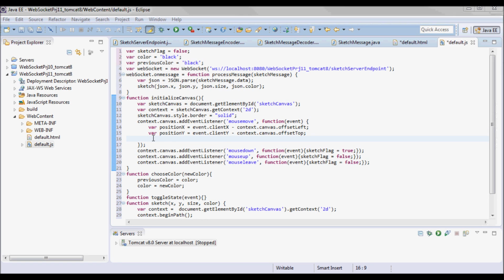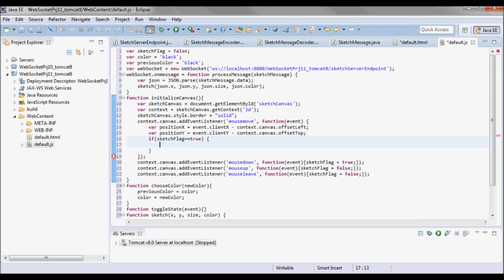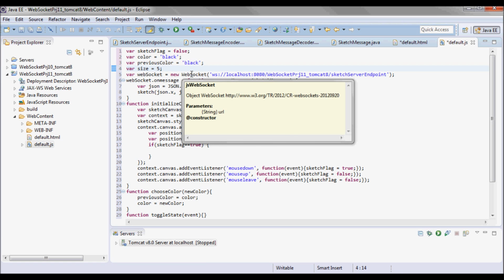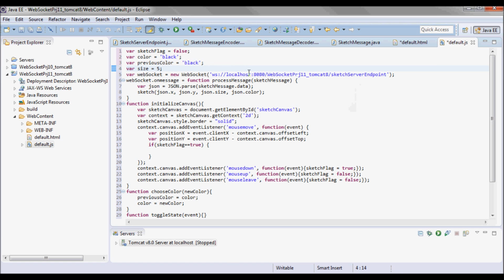And there will be 2 cases, one case where we'll be sketching, and the other case we will be erasing. So if sketch flag is true, and let me define the size over here, and this would be the case for sketching. The case for erasing, this size will be 50.